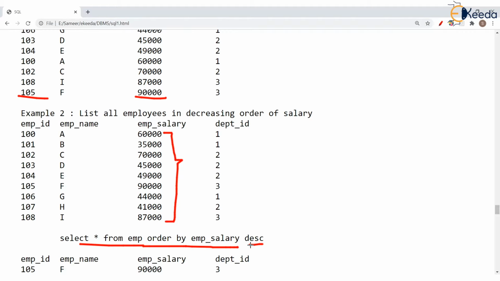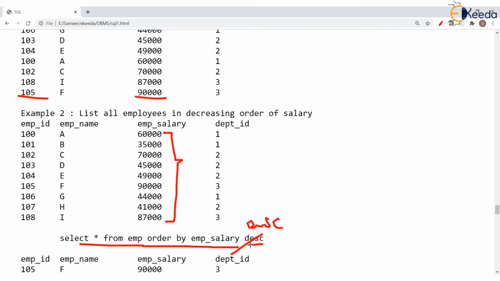Now just imagine you don't write either, nothing here. You just say ORDER BY EMP salary, then the automatic ordering is increasing, that is ascending. But if you want, you can still write ASC for ascending.